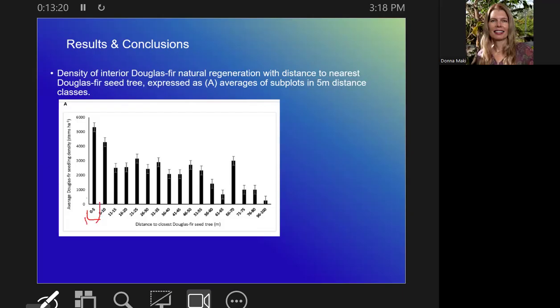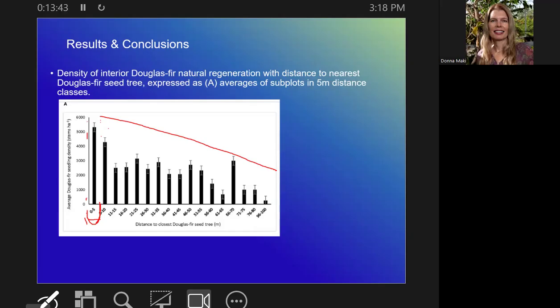You can see it's 0 to 5 meters, there's a lot of seedling density, but there's a general trend as you go further in distance from those Douglas fir trees. This data does make sense considering it's wind dispersal,